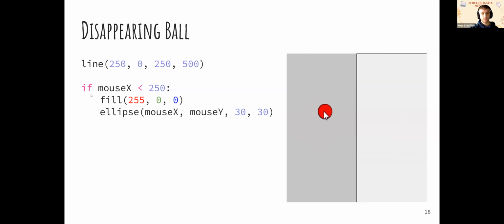Now what we're doing, as this program is running, is checking to see if the mouse X, you guys remember mouse X from last week, it tracks the X value of your cursor anywhere on the window. If the mouse X is less than 250, we want to have this circle printed out, and then it's just going to follow your cursor around only on the left side of the screen.